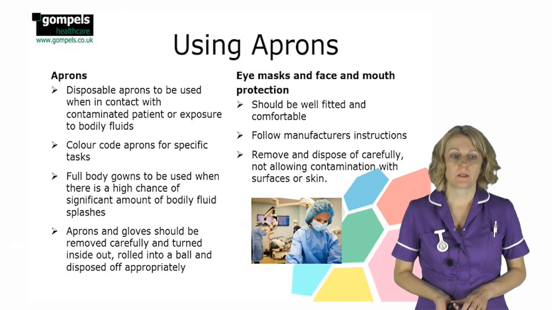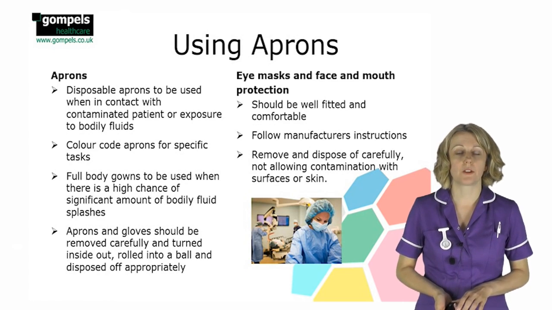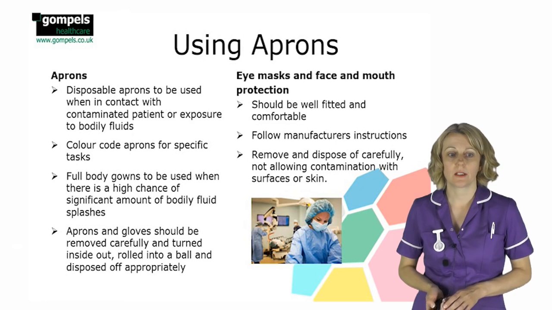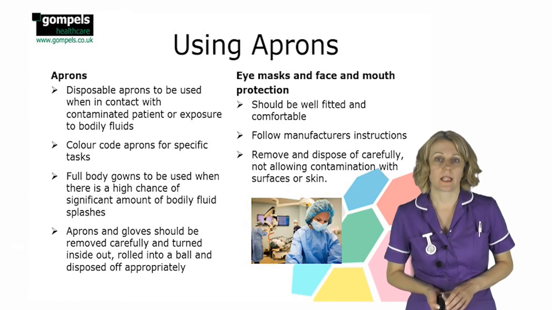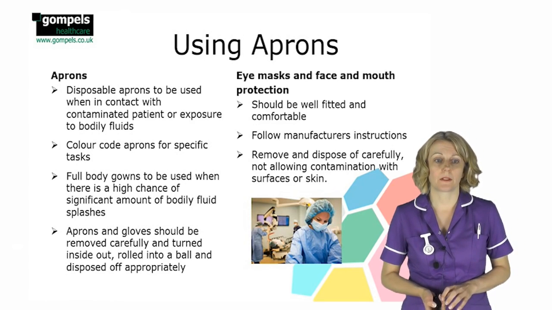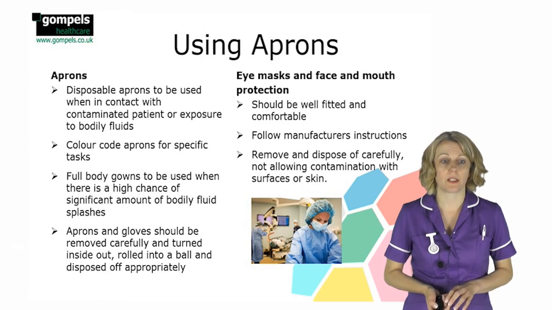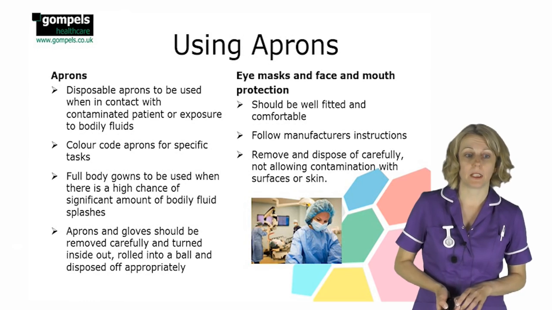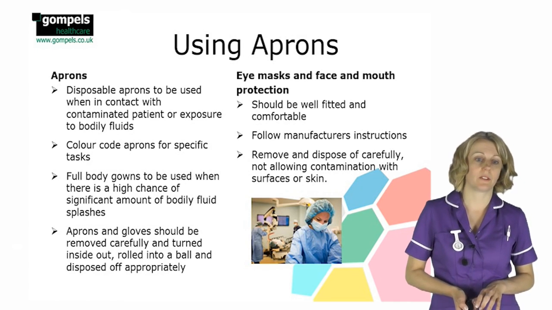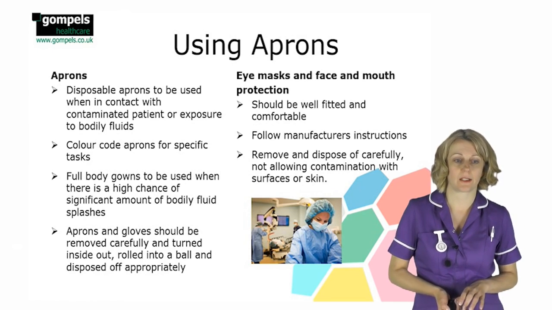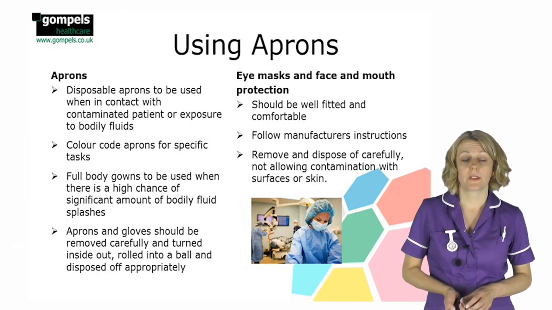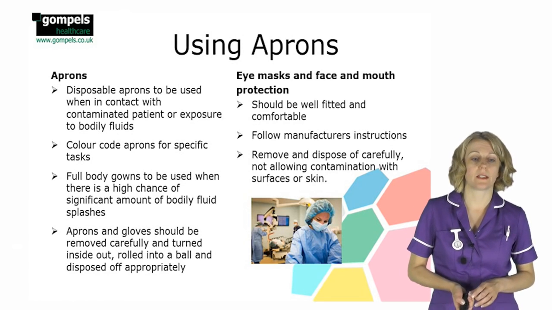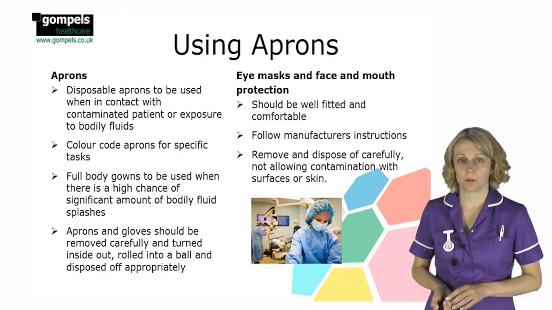When you use aprons, this will usually be because you're in contact with an infected patient, and disposable aprons exist for this purpose. They're also often colour-coded for specific tasks. Full body gowns may need to be used when there's a high chance of a significant amount of bodily fluid splashes. Like gloves, aprons should be carefully removed and turned inside out, and then rolled into a ball before being